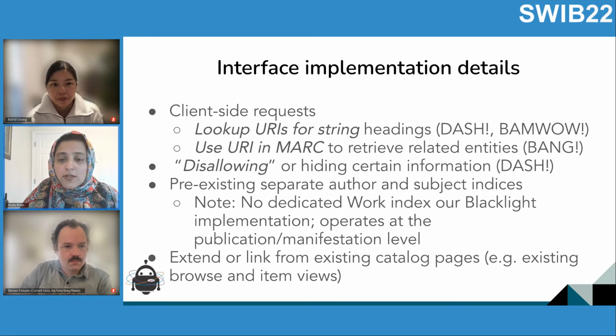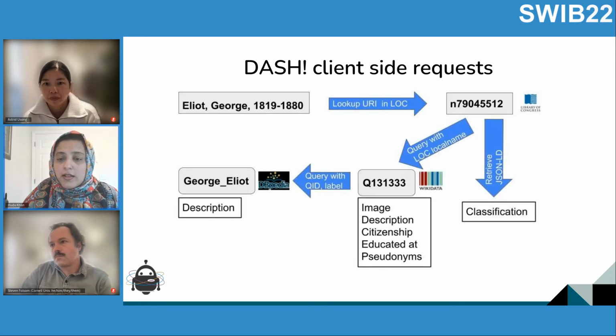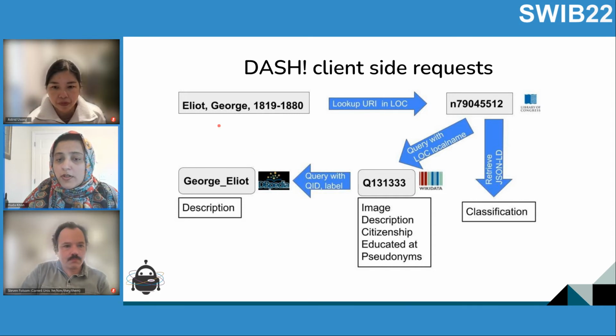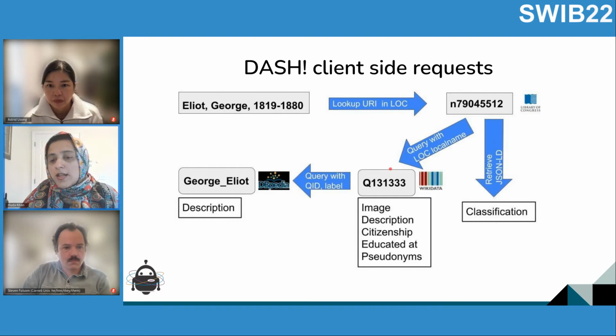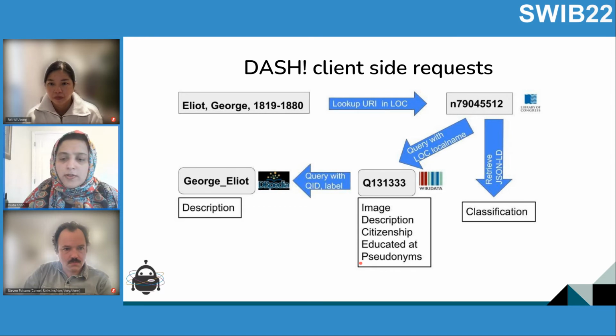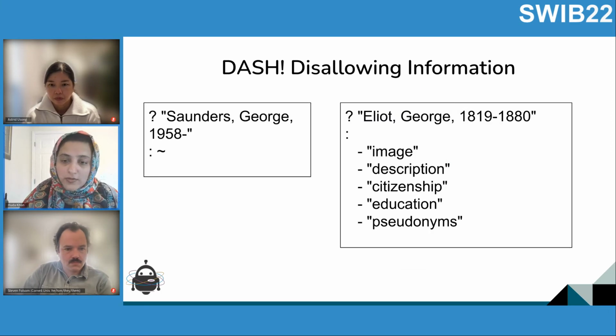Actually, a little bit about each of these. So let's just go here real quick. This shows us the client-side requests that are being done in production right now. Again, you're starting from a heading, and then you're going to get the URI from the Library of Congress, and you use that to get Wikidata info, use that to get classification info, etc. And there will be a similar workflow for the musical works we're looking at, where we're going to use the heading, the author-title heading, to then get us a URI